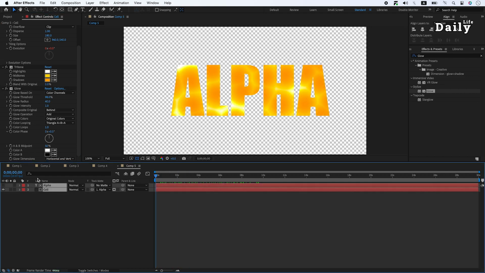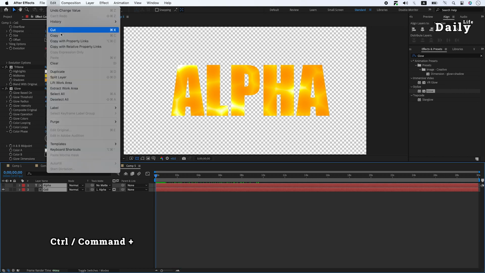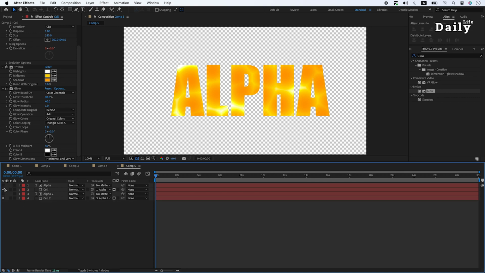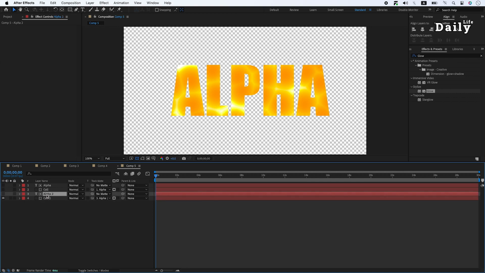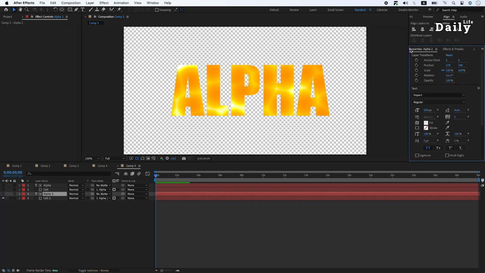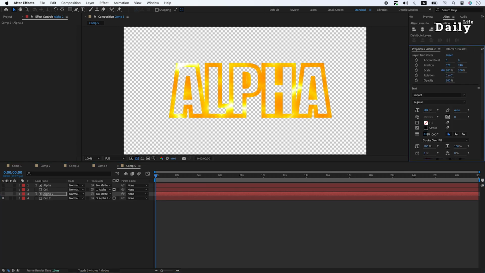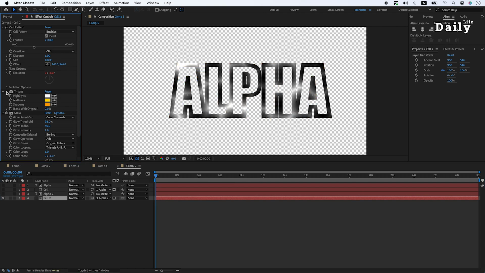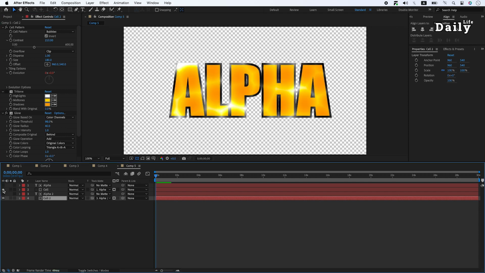Let's make a stroke around the text. Duplicate both text and cell layer. Put them below. Hide the first cell layer. Select the second text. Uncheck the fill and add a stroke. Increase the stroke width. Select the second cell layer. To see the black stroke color, disable the Triton effect. Unhide the first cell layer. Increase the width of the stroke of the second text again if needed.